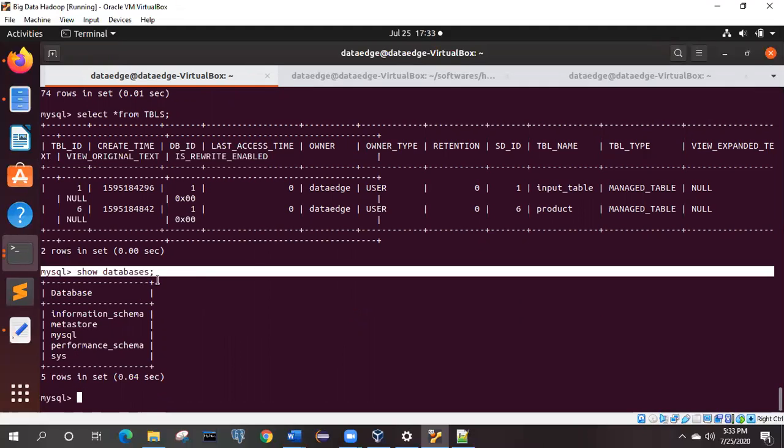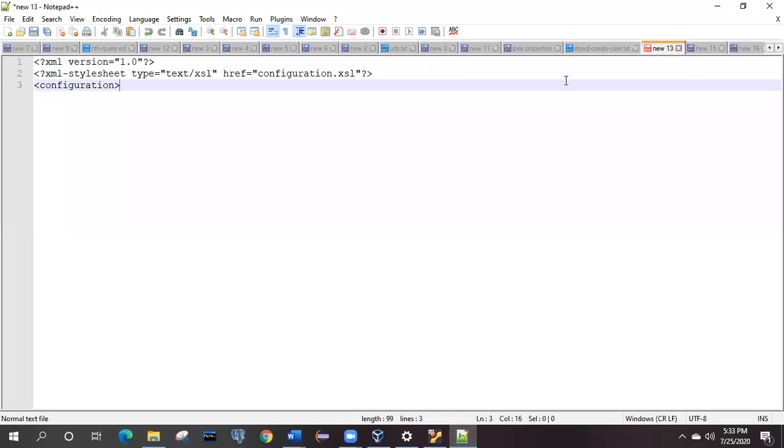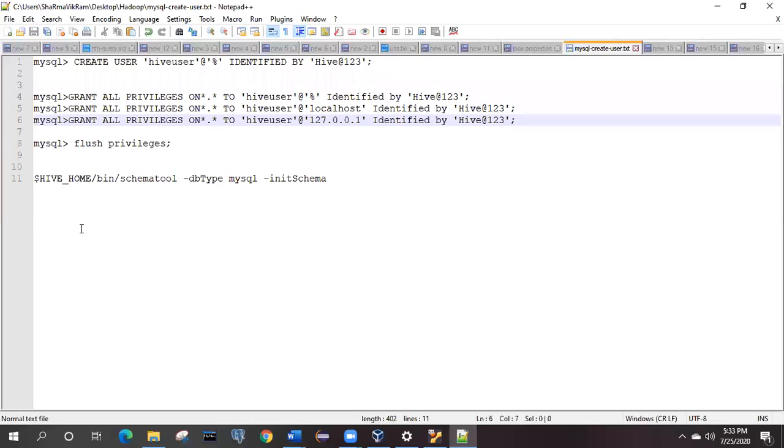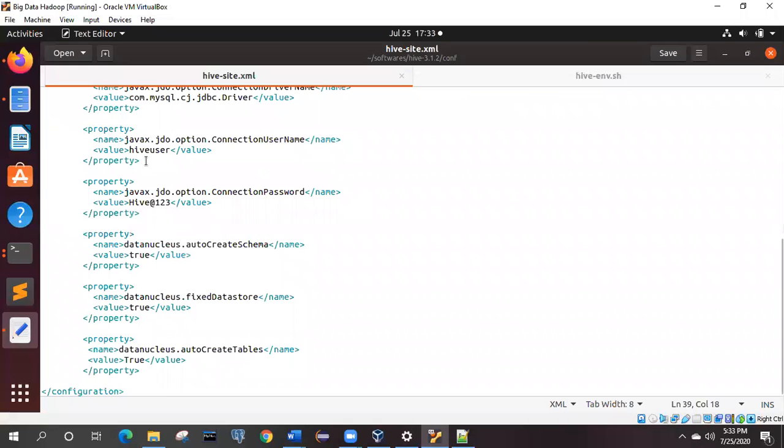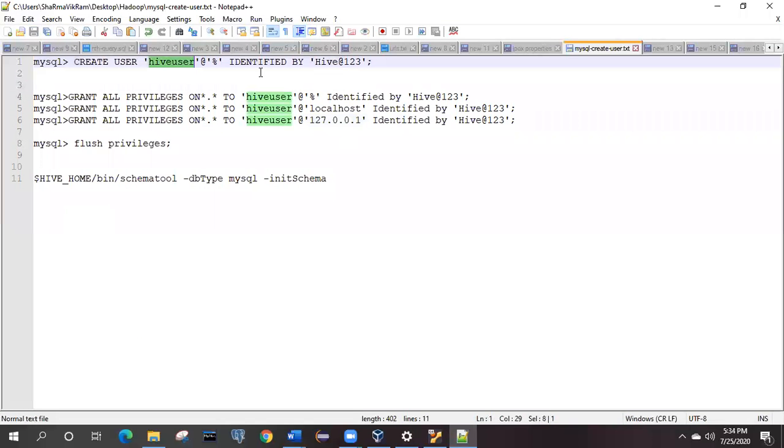So once you launch MySQL with the given username and password, you have to create a user there. So what will the user be and how are you going to create it? That user can be created from the MySQL prompt. As you can see in these commands, this is create user, then the name of the user. You can give any name according to your choice. I have simply given the username as hiveuser. This is the connection username, the same hiveuser I have created over here, identified by a password.